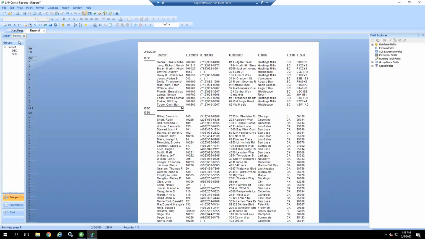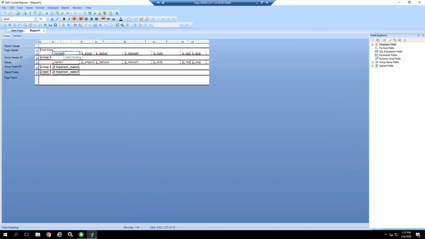Now, if I go to my preview, some of the column headings, they're not the best. So I want to change this to employee name. I'm going to work in my design just because that's my preference. I find it easier here. So I'm going to double click in my text field. And I'm just going to backspace and type in employee name. Click off of there. Same thing for this one, the P_H phone. I'm just going to call this phone. This time I'm just going to highlight, type in phone,